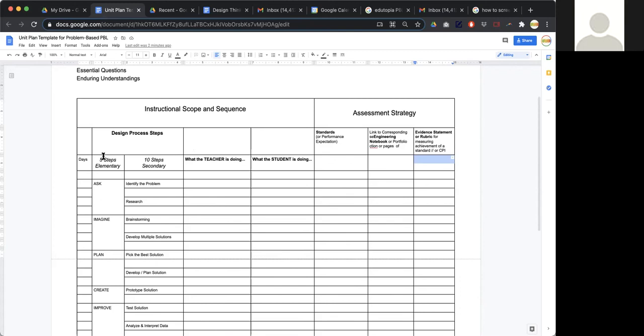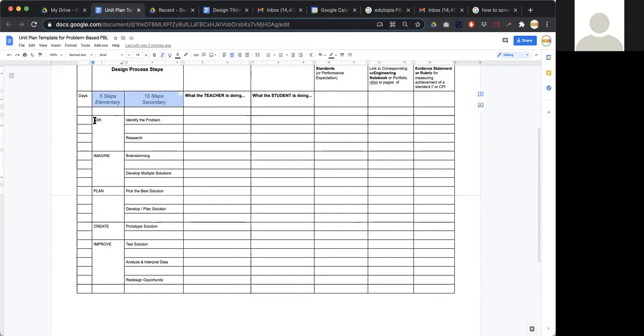So you can see here in this template, there are two different versions of the design process. In elementary, we try to adopt a common language of design process steps, usually maybe a 5-step model, because kids have 5 fingers. And those steps become more complex or broken out as students get older and encounter a 10-step design process here. Now, just because there's an equally distributed number of rows here, and they're all about the same size for each one of these steps, it does not mean that the design process